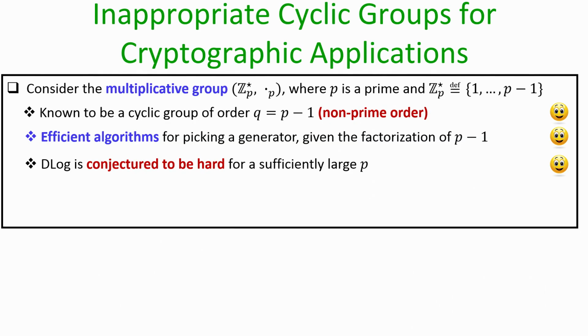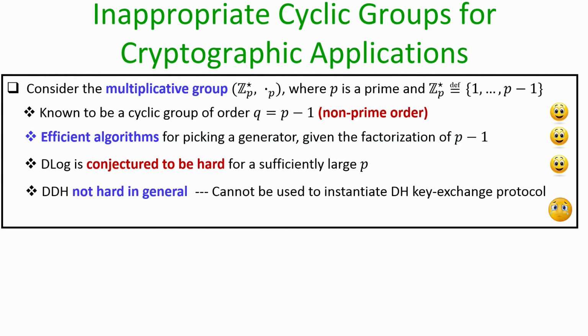So, that is also a good news with respect to this group. But the problem here is that the DDH problem is not hard in general in this group, and that means we cannot use this group to instantiate the Diffie-Hellman key exchange protocol, because remember, for the security of the Diffie-Hellman key exchange protocol, namely for the strong privacy of the Diffie-Hellman key exchange protocol, we need that the DDH problem should be difficult to solve in the